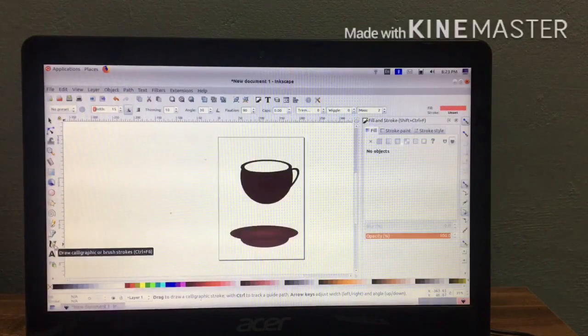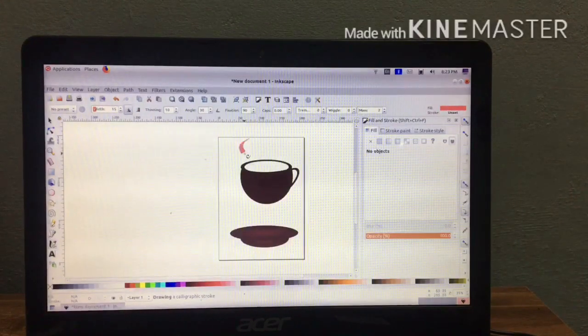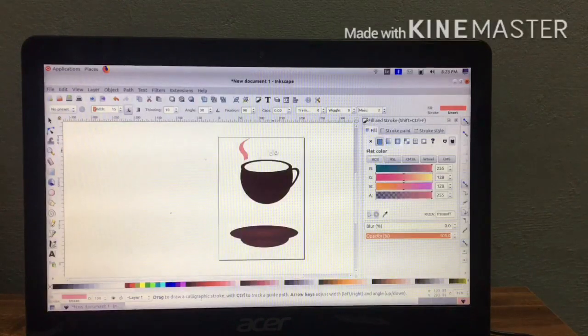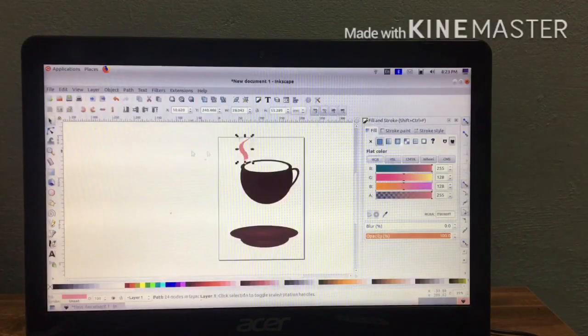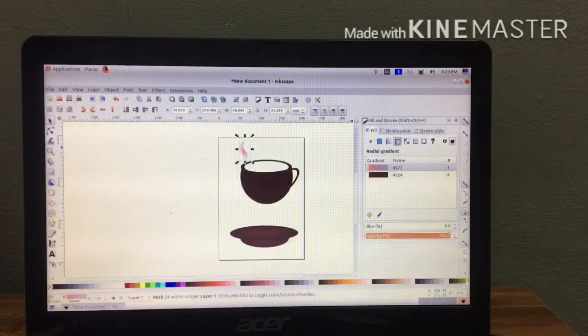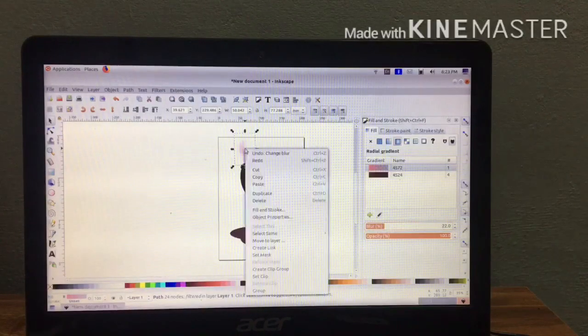For that, select the calligraphic tool, draw a line like this, then select it, then go to the radial gradient tool. You can see blur there, increase that blur, then you can see that the line is blurred.